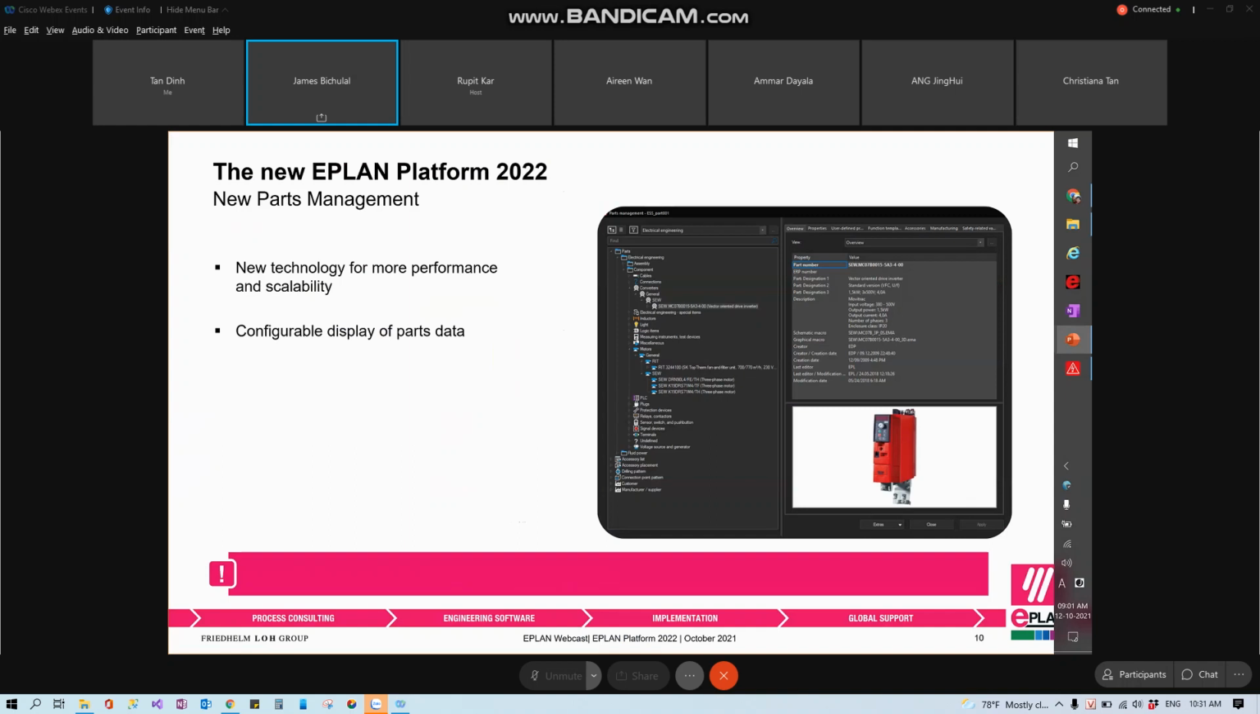The first thing is configurable display of part data. In previous versions, once you entered the part database, the data was stored in a static environment. That means different data was available under different tabs, and you needed to switch over to different tabs to find the relevant data. But here, the user can decide an overview display where he can bring whatever important properties he needs to see. That is customizable. You can create your own display schemes